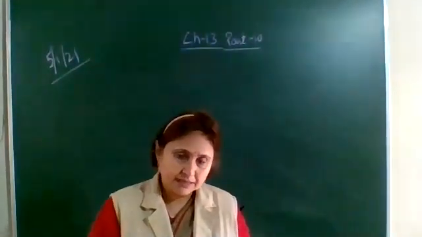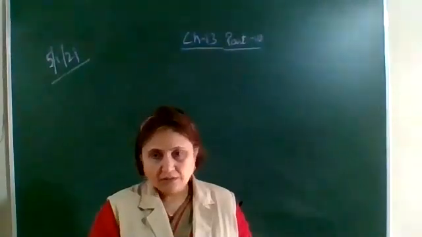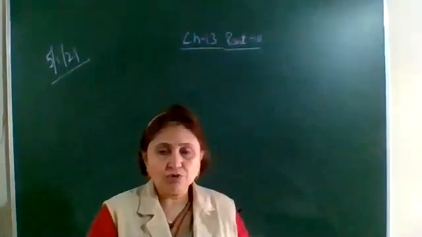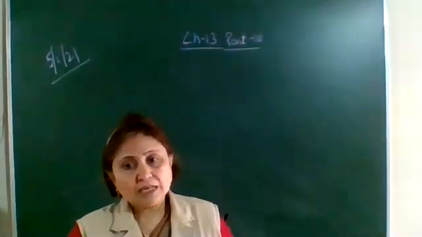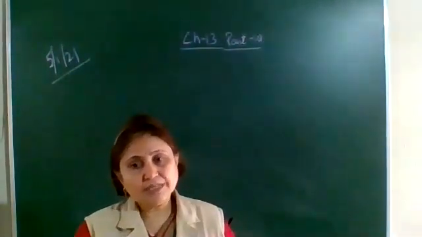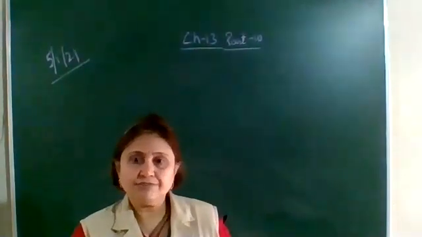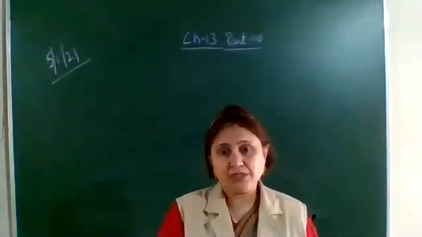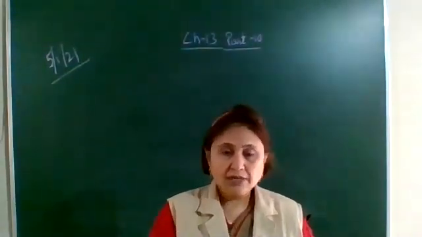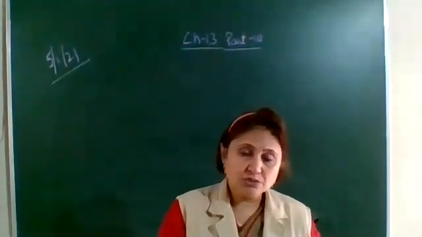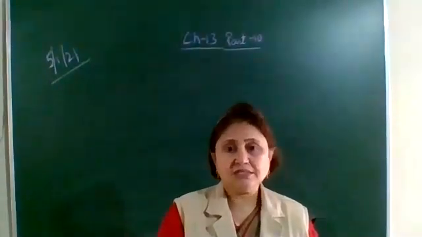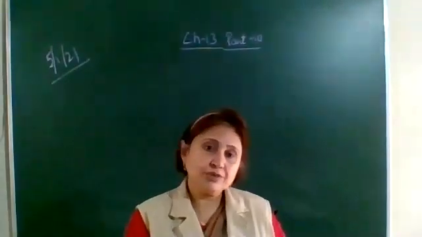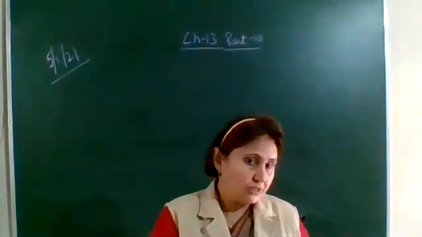So when the magnet is moved in, suppose the north pole is moved, yesterday we discussed this activity, the north pole is moved inside the coil. The galvanometer which is connected across the ends of the coil shows a deflection. And when does the galvanometer show a deflection? Whenever there is some current flowing in the circuit. Galvanometer is a device which is used to detect electric current in a circuit. So if the galvanometer shows a deflection, it means there is some current flowing in the coil.